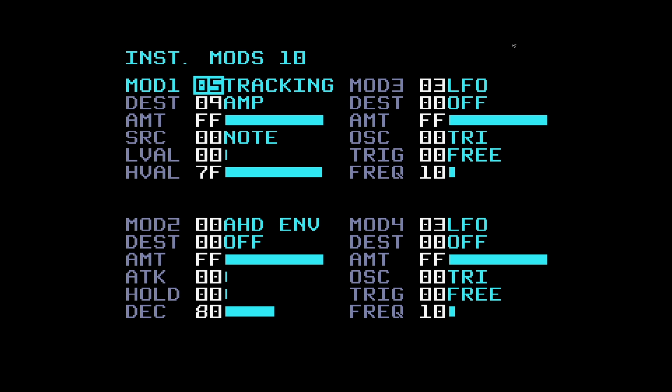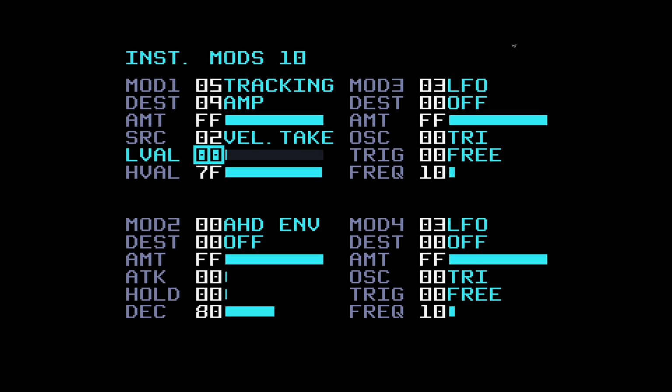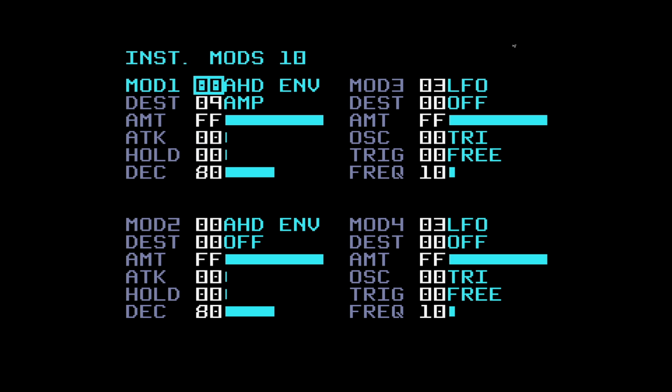This changes the sound by looking at the note or the velocity of the note in the phrase. And if you choose velocity takeover in the source, the velocities in the phrase will be disabled, and limits can be set with low value and high value. So that's a very, very brief trip through the modulators, but it gives us a bit